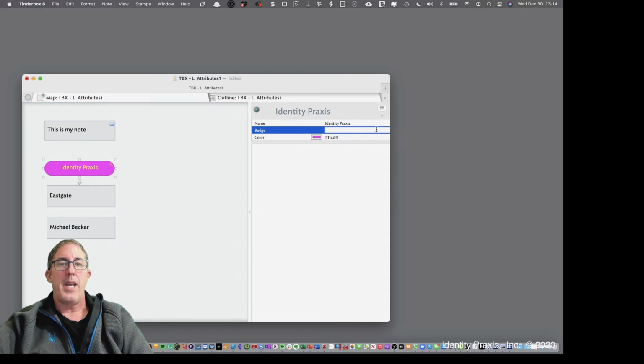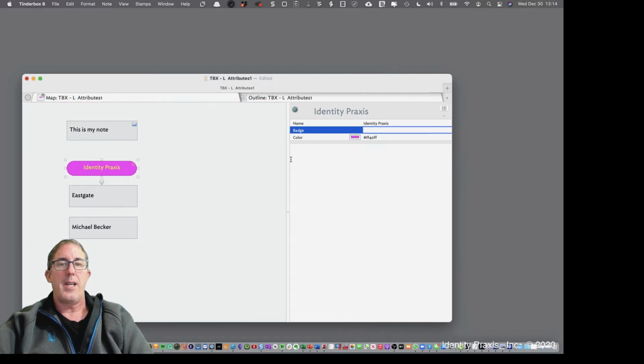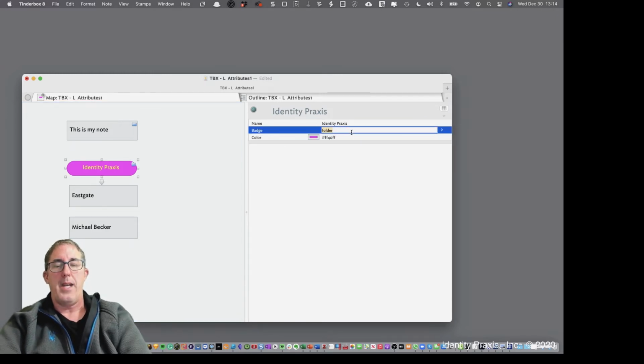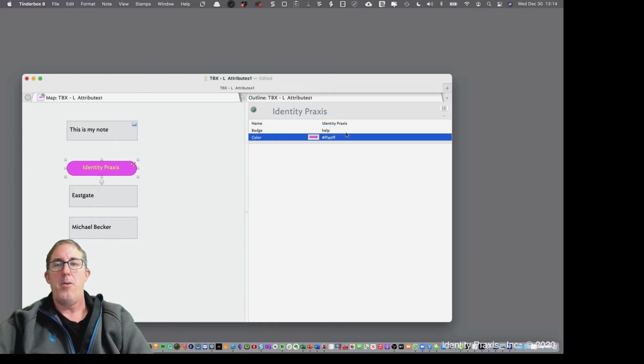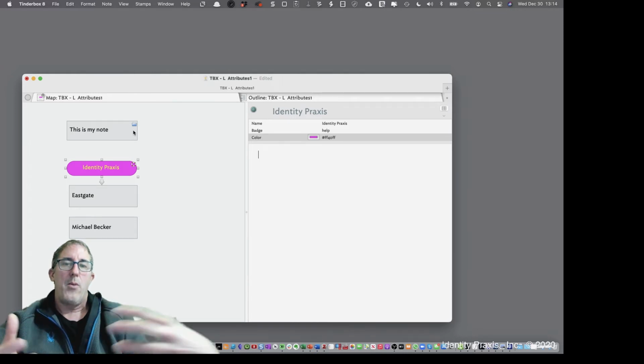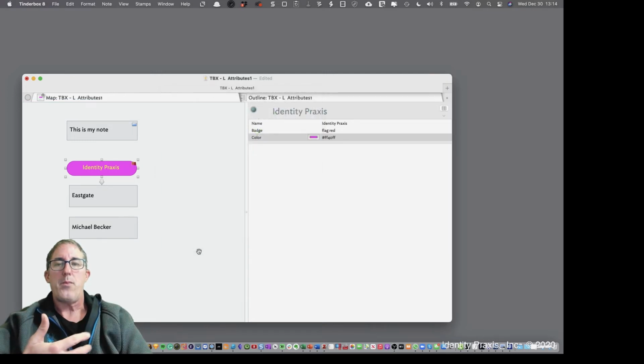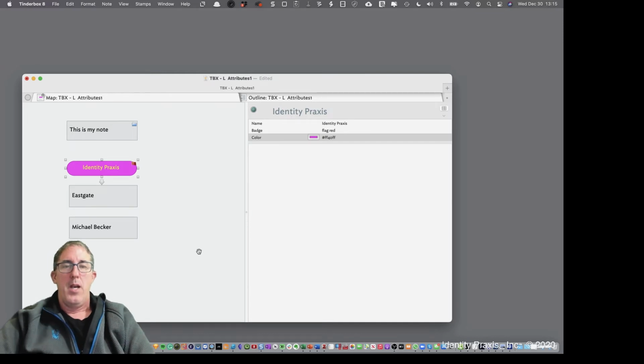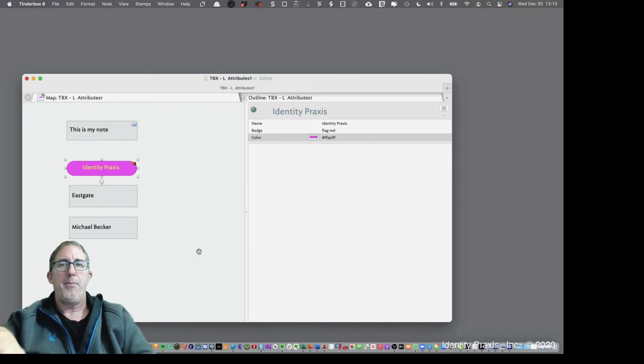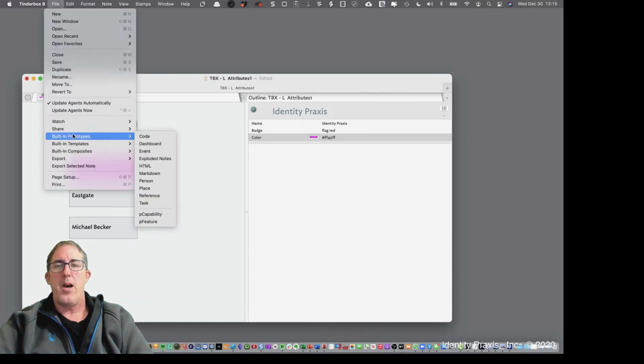Similarly, I can come in and select any of the existing badges that are available within Tinderbox. So I can do the folder, or maybe if I want to go back and do the help, I can type help, and that will apply the help badge there. So again, you can see how we can start applying any number of the different elements and aspects of using attributes within Tinderbox. We're going to get into a lot more depth on this when we get into other types of notes. For example, as we saw in a previous